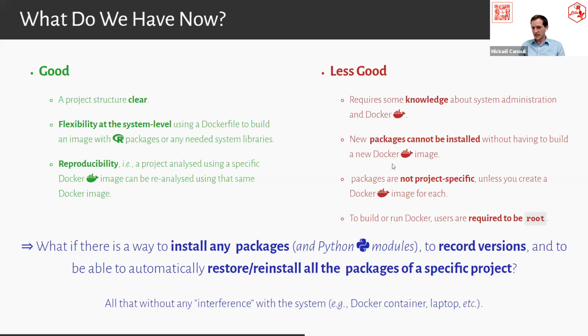There is no way in that setup to actually install interactively new packages, at least if you want to keep it reproducible. And it's not at all project specific. So still the same issue as if we want new packages for one specific project, but not for the other, that doesn't really solve that issue.